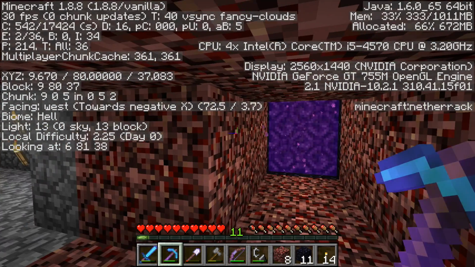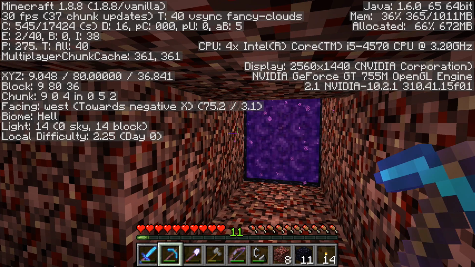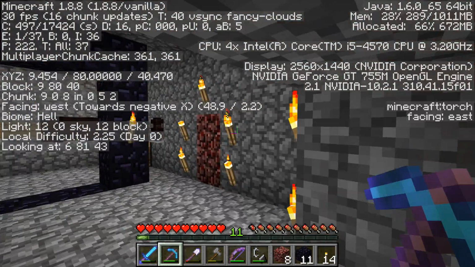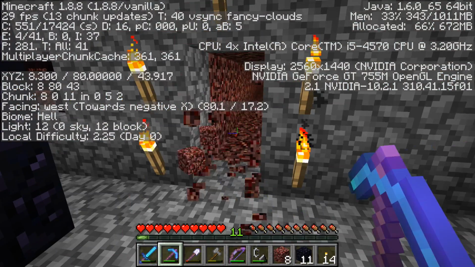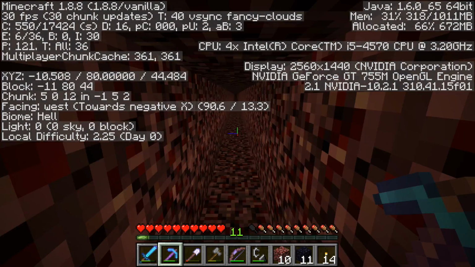So we want to actually go ahead and make a nether portal at the exact coordinates for where the corresponding portal should be on the end portal side. Then it should all link up properly, and it should be a 1-to-1 ratio. So we're going to head down here, and as I run, let me go over the numbers for that last